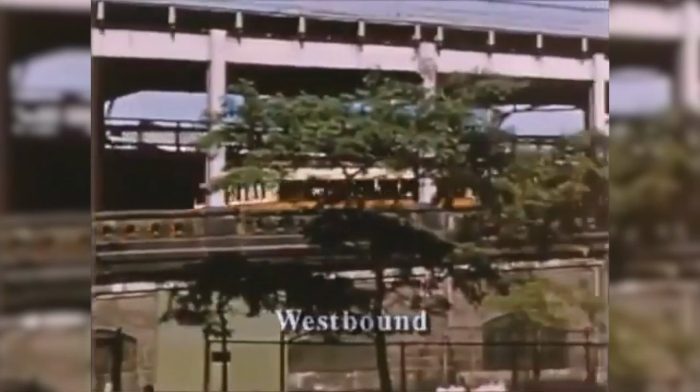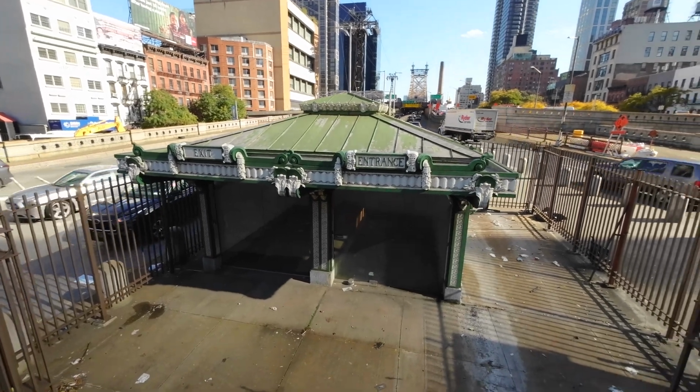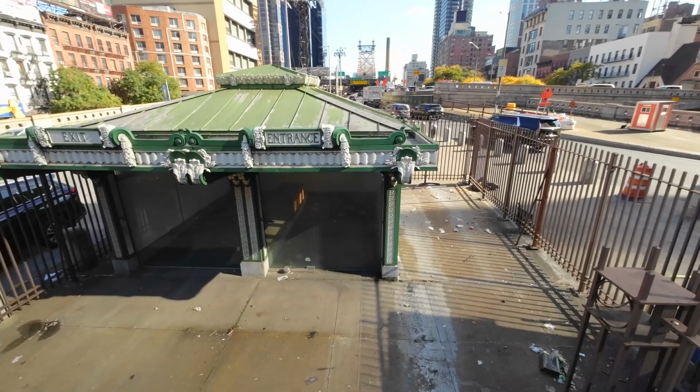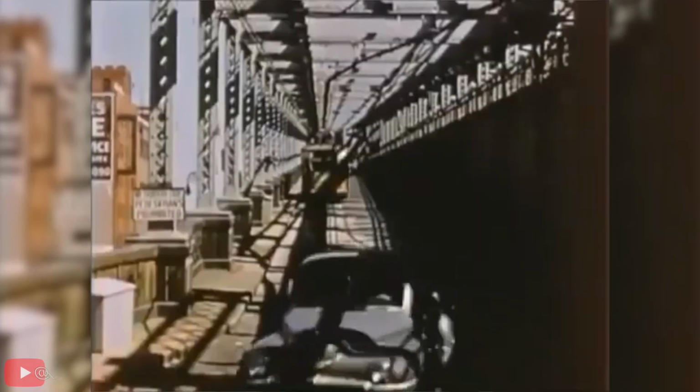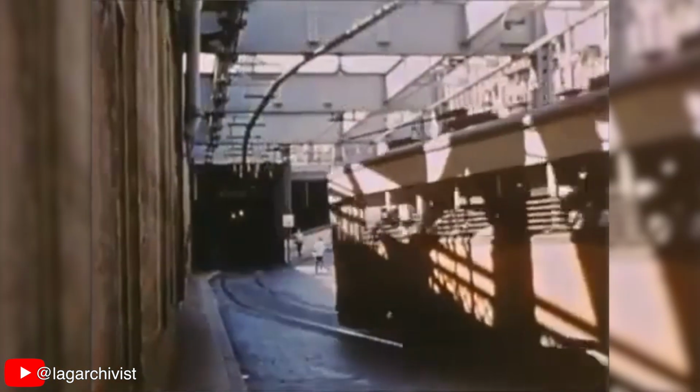Behind me is the entrance, the door, if you will, to the Queensboro Bridge Railway Terminal, or at least it used to be. The very last trolley line in the entire city operated from right here. While the entire Queens streetcar network was pretty much abandoned in 1939, the privately owned Queensboro Bridge trolley continued to soldier on. From Queens Plaza on Long Island to 2nd Avenue in Manhattan, it ran only a couple of miles,